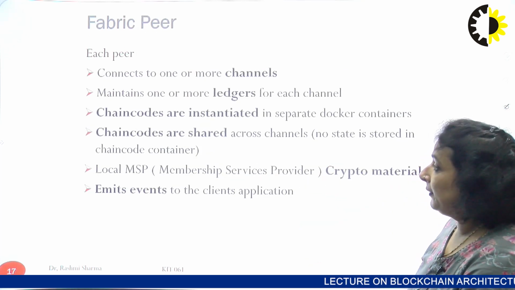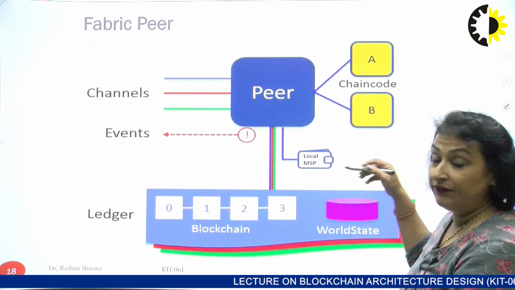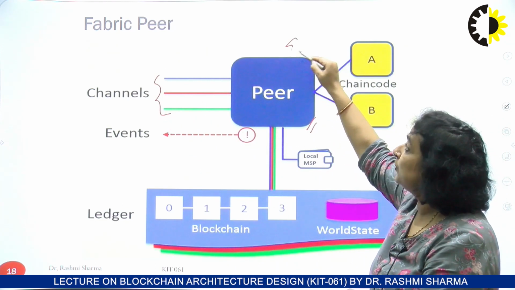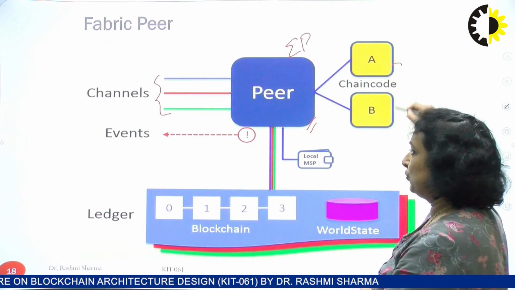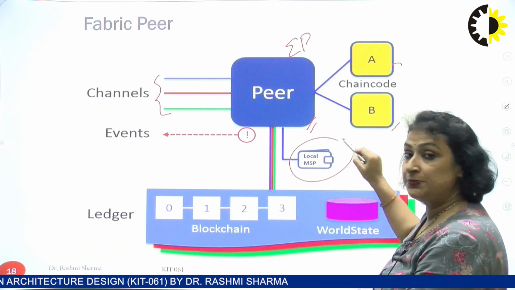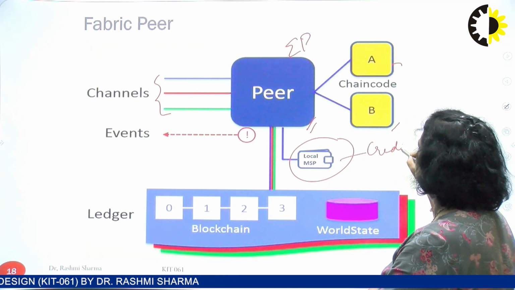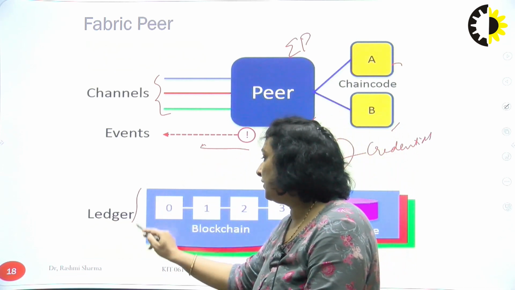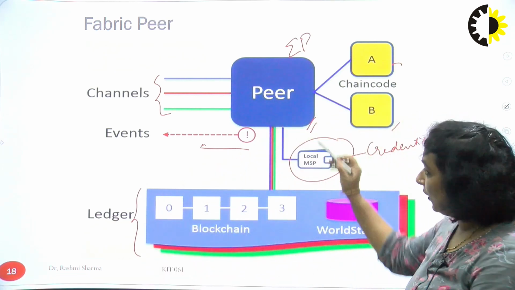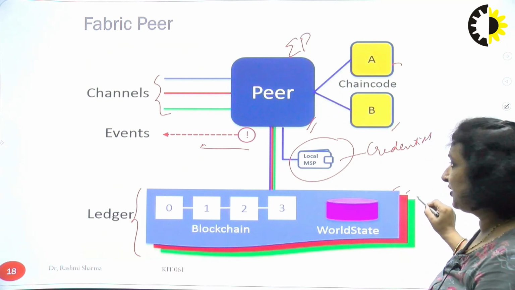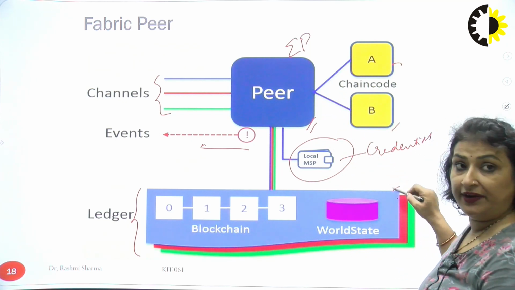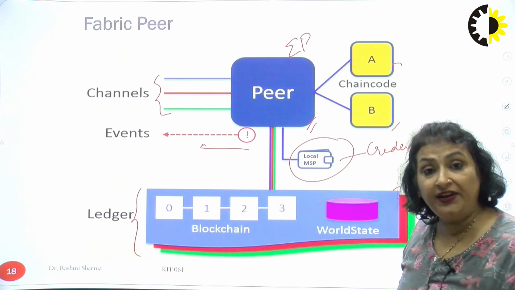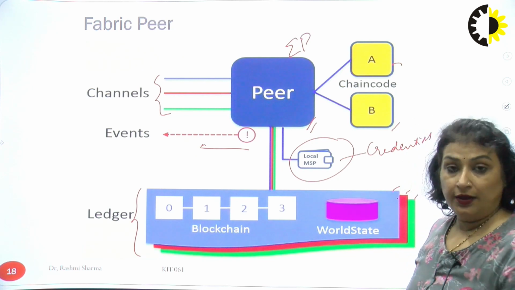So the Hyperledger Fabric peer we have discussed. This was the peer. We have different channels. This is the peer, and this peer is obviously a blue one, so it is an endorsement peer. It has two different chaincodes. It has a local MSP that gives the credentials, and the different events which we have shown here. And this is the world state, that is the states. For all different channels, I have different world states. For blue, I have blue, the red, and the green one. So for each and every channel there would be different world states,